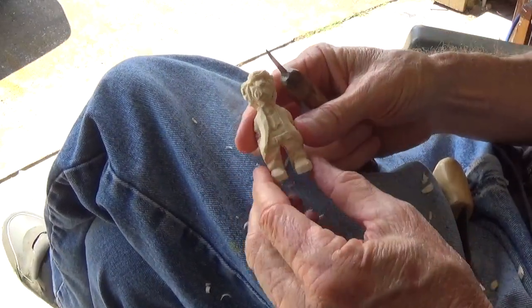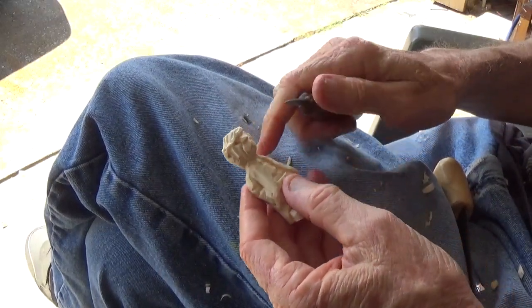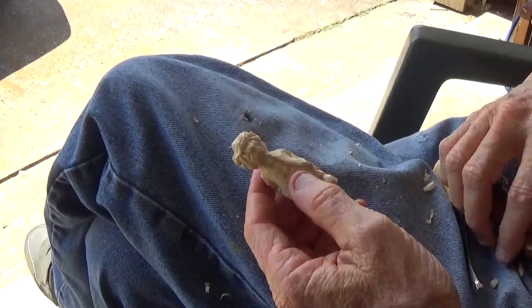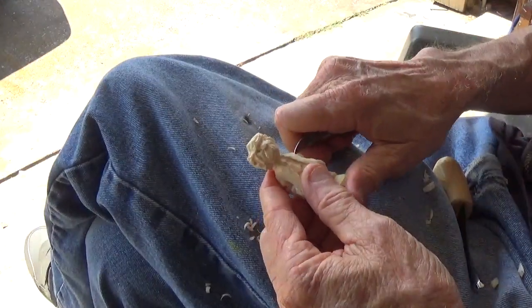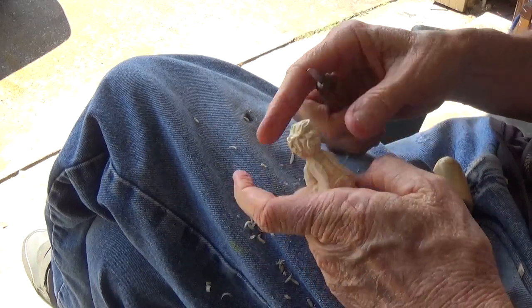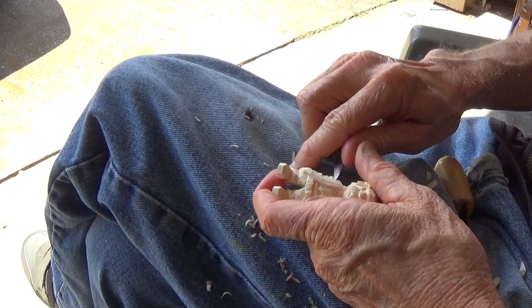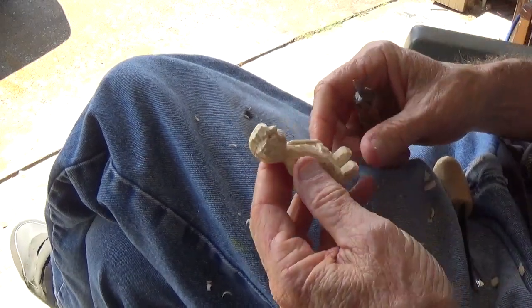Okay. Does he look a little different? Yeah, he looks a little different. But he is a nice little figure. All we did was just define him a little bit. Take him and define him a little bit. I want to thank Adam for,